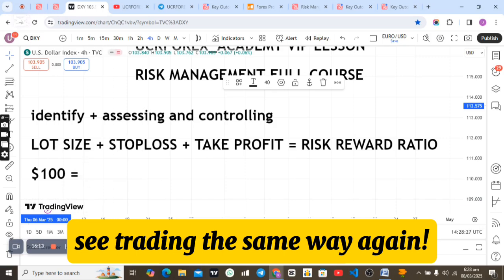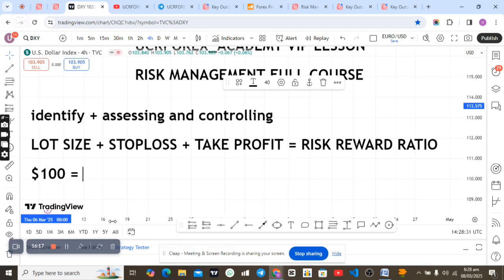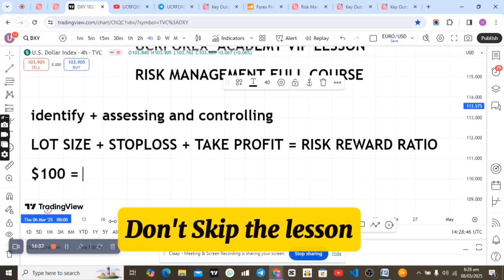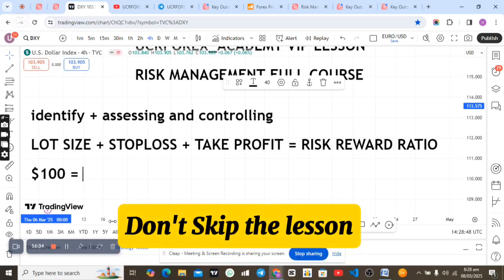So now the next thing you need to ask yourself is, what kind of lot size should I use that's going to enable me to lose that very particular amount of money? That's the next question you need to ask yourself. The fact that you have already said it with your mouth, you have already written it down that I'm not going to lose more than 10 USD, you need to know the particular lot size that can enable you to risk that amount of money.